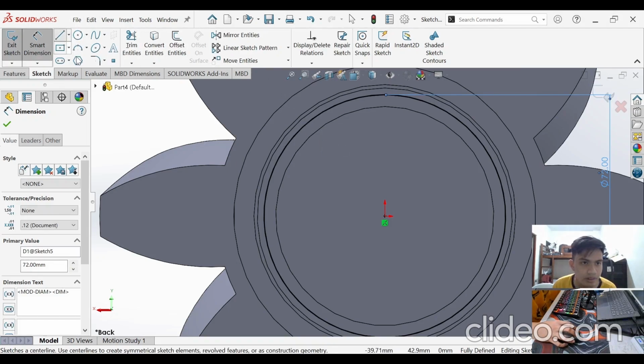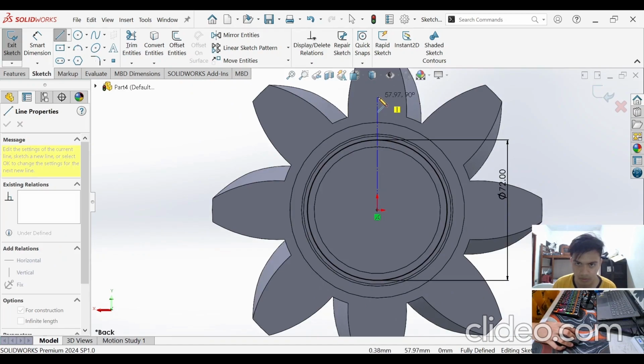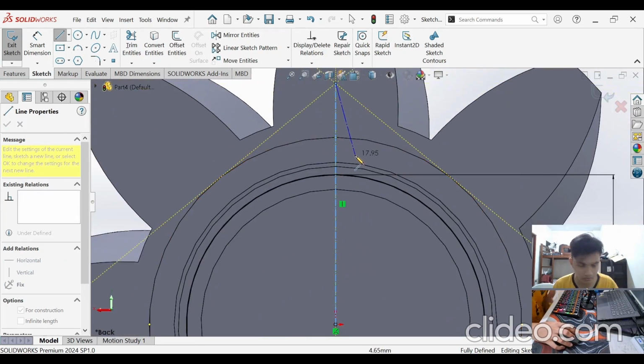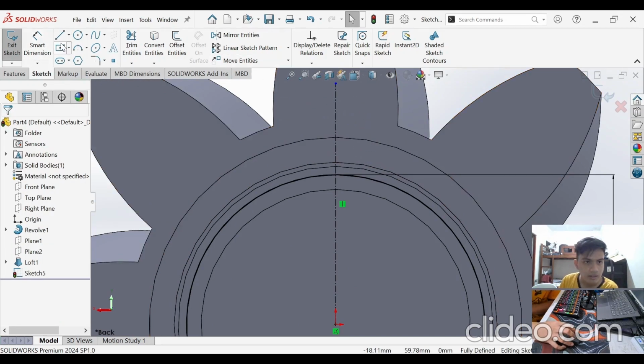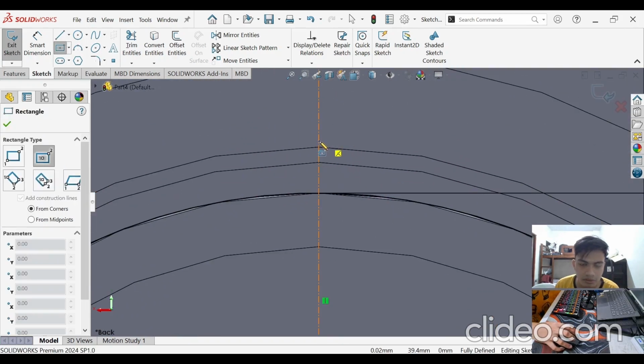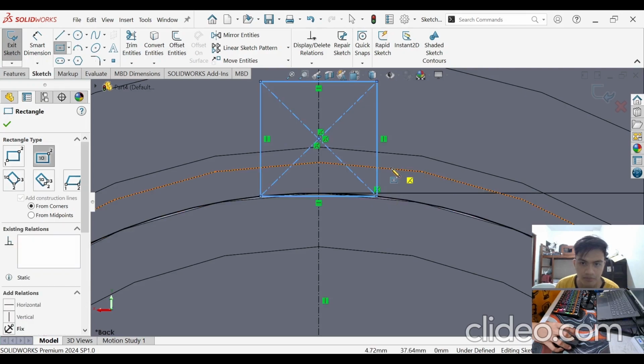And let's make a center line from the point of origin going straight up vertically. Click escape. And let's make a center rectangle here. The center of the rectangle should be at the center line, and its edges should meet the tangent of the circle.